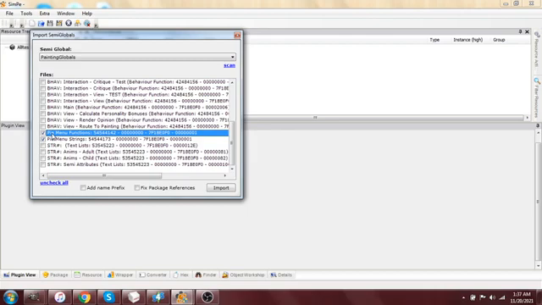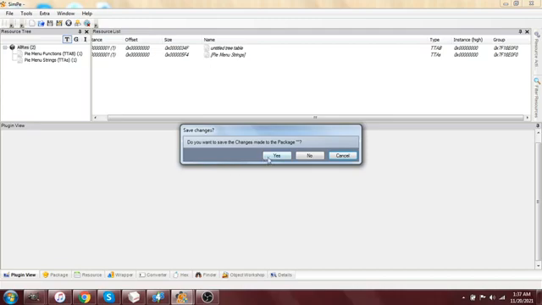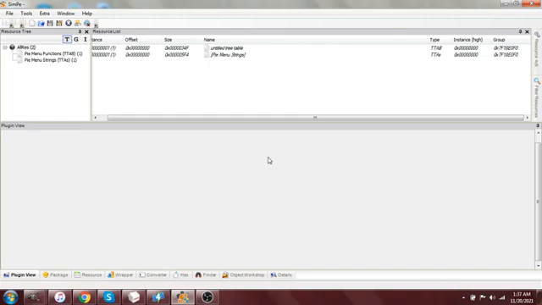Now this isn't the easel painting. This is paintings that you get on the decoration paintings that come with the game, like the Lady in Red and SimCity at Night and stuff like that. So click Fix Package References down here. Don't click Add Name Prefix, just click Fix Package References and go to Import, and you press Yes when it asks you, do you want to save changes made to the package. Press Yes,